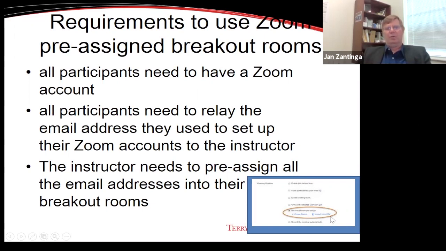It's called a flat file, or it's some type of a spreadsheet basically with pre-formatted functions. Or you can go in one by one and type in every single room and every single email address. And you already see that this is, first of all, a lot of work, and there's a lot of room for error to type in 20, 30, 40, 50 different email addresses. In principle, you don't want to do that. So you need to go the route of the flat file. That would be my recommendation.